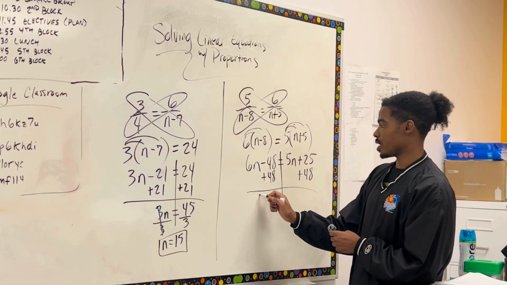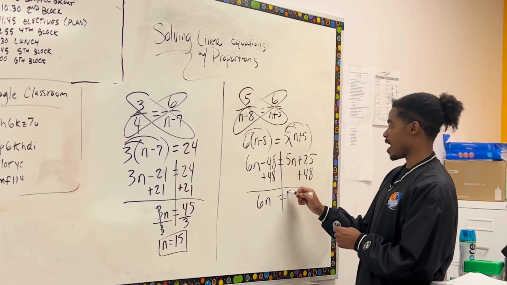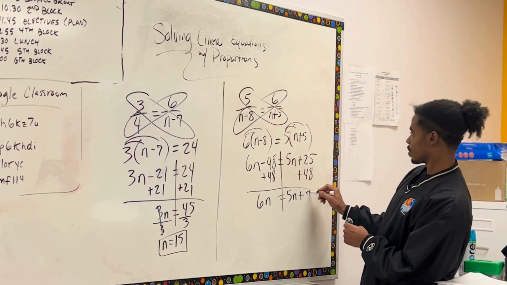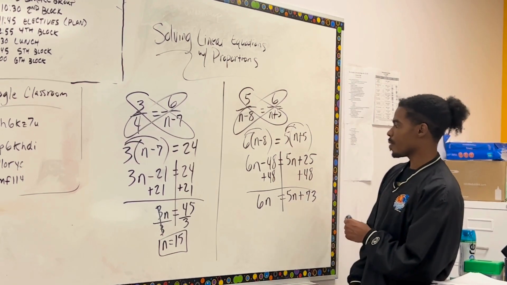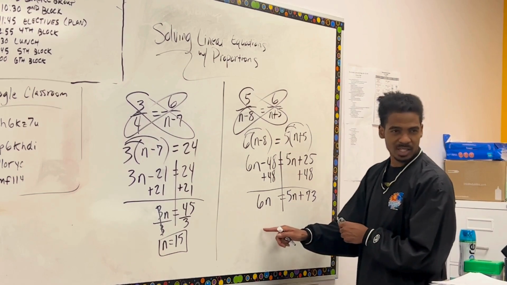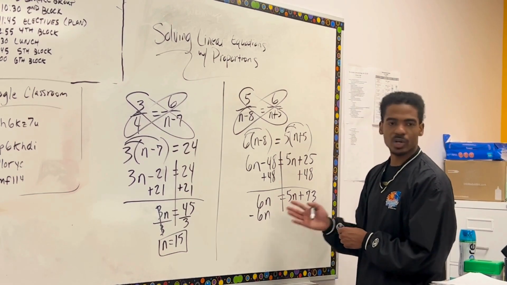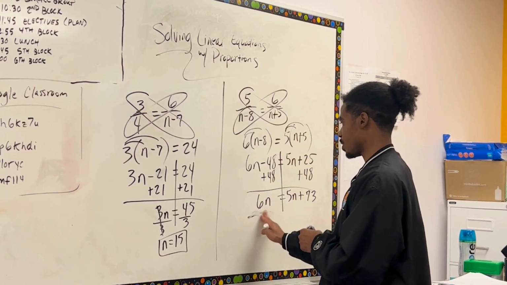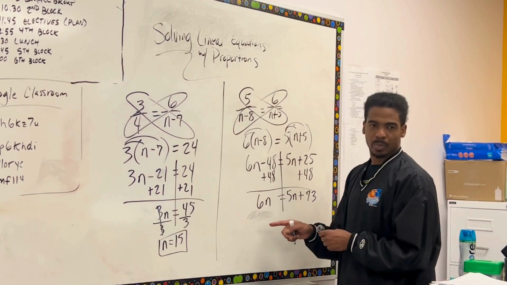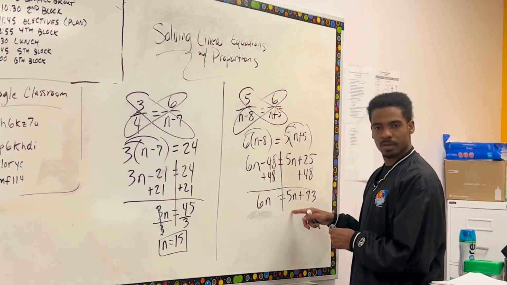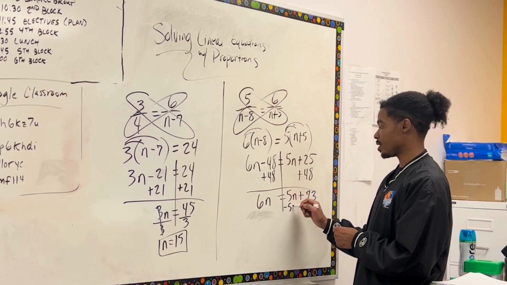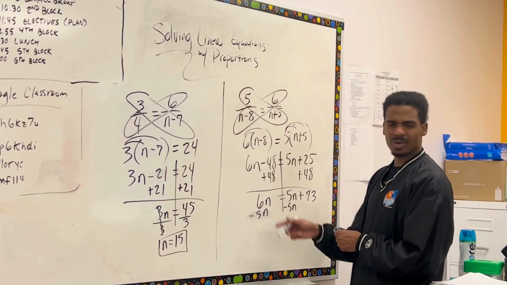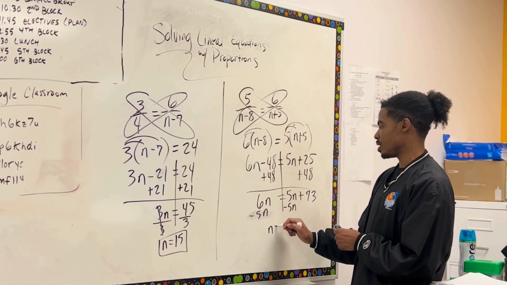Now when I do that, that's 6n, 5n. Remember, if I subtract 6n, what's going to be here? Nothing, right? So there's no point in doing that step. Don't want to subtract 6n. The only thing that can be combined with it is 5n. So let's subtract 5n. What I do on one side, I do to the other. Remember, we don't even have to put 1 in. You can just put n equals